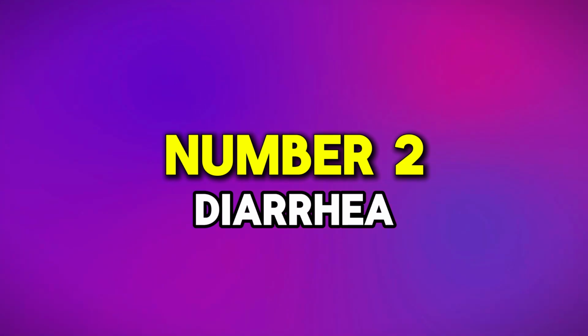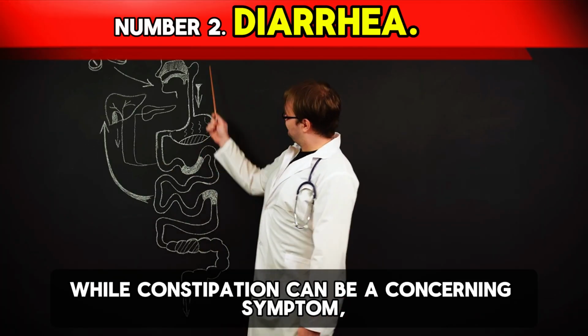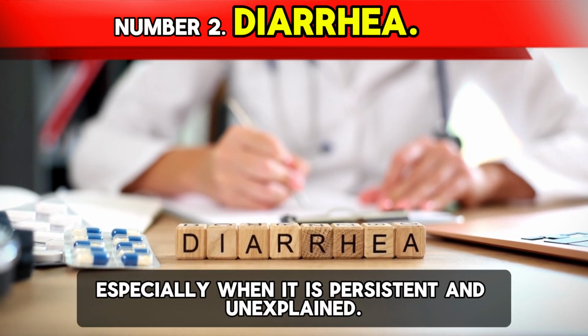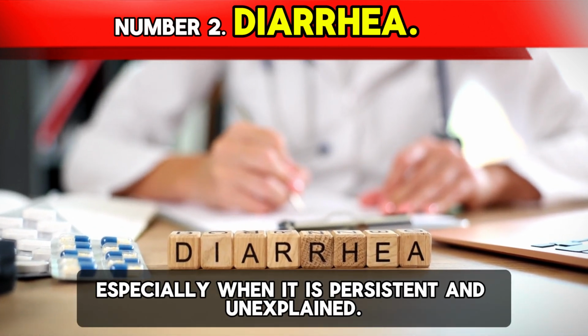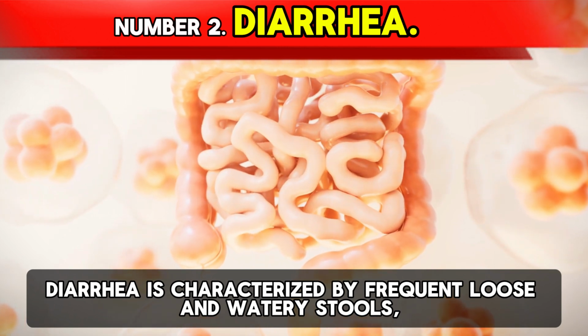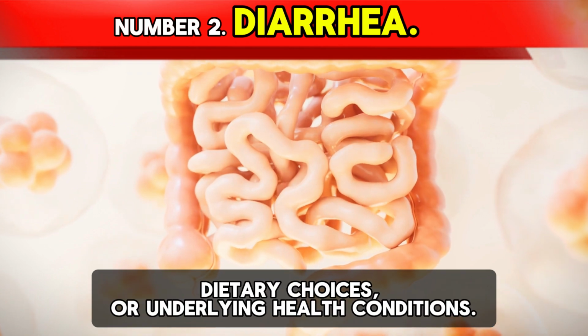Number 2, diarrhea. While constipation can be a concerning symptom, the opposite, diarrhea, is equally important to consider, especially when it is persistent and unexplained. Diarrhea is characterized by frequent loose and watery stools, and it can have various causes, including infections, dietary choices, or